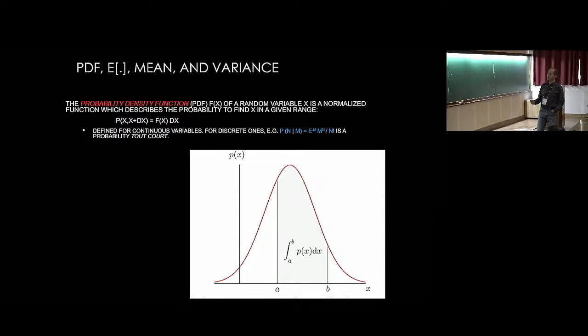So you specify the range, x plus dx, and you get the probability as f of x dx. And this is for a continuous distribution, but as you know, there are discrete probability density functions, such as the Poisson or the binomial, and in that case, this is a probability by itself. It's a point mass, what statisticians call a probability mass in a certain point of the parameter space, which is discrete, the integer numbers, okay? Positive integers. So here you have the general case. This is a nice Gaussian PDF, and you get the probability that the value x is in a certain interval by integrating the PDF.